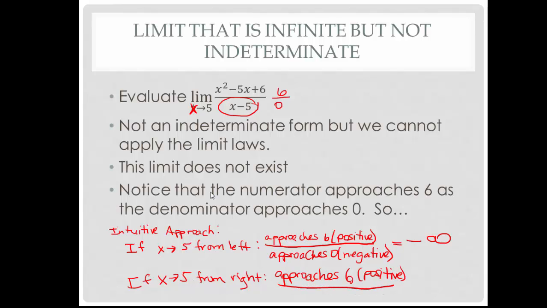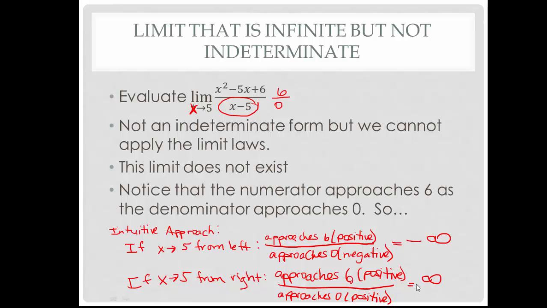So again, you're approaching 5 from the right, so you're coming at 5 from numbers larger than 5, so 5.1, 5.01. The difference between that number and 5 is going to be very small, so it's approaching 0. But since you're taking, say, the 5.1 or the 5.01 and subtracting 5 from it, it's approaching 0 from a positive value. So this is still getting smaller and smaller and smaller, but it's positive. So when you take the positive number divided by a positively small number, you don't get negative infinity, you get